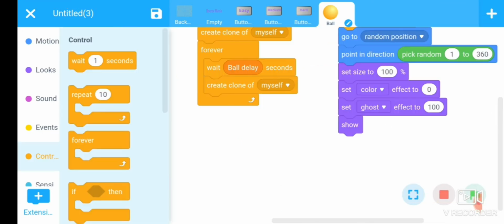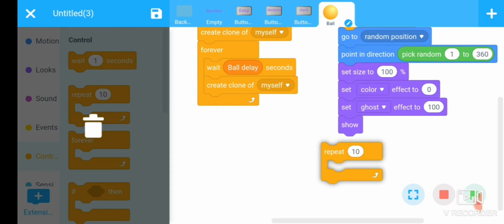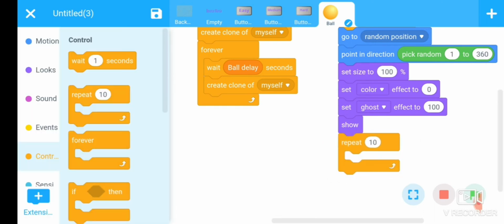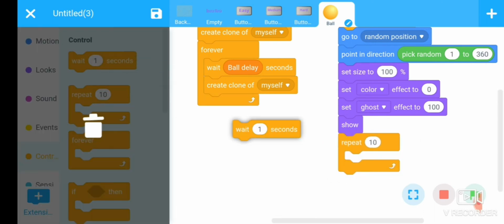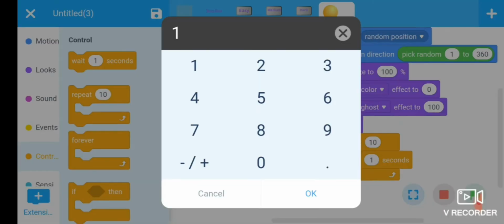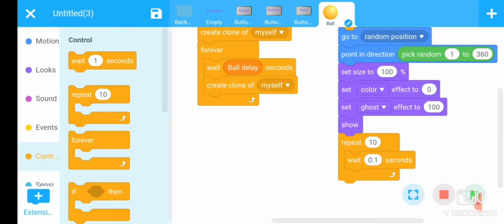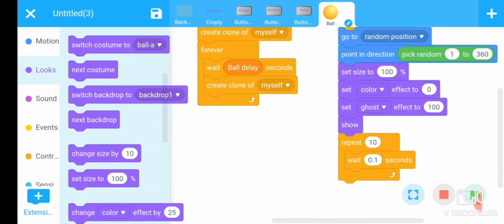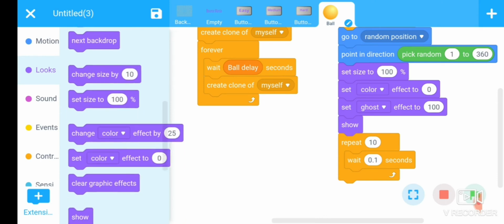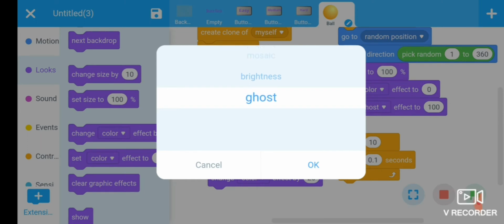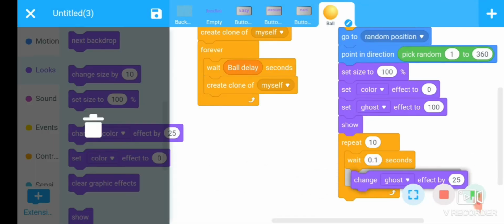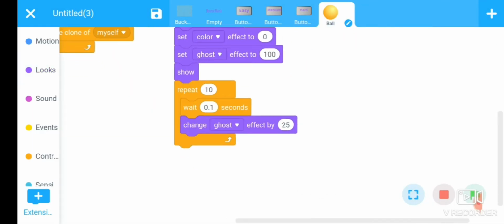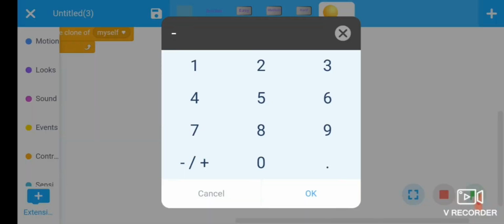Then go to the control section, use the repeat command here, repeat loop here. Also add a wait of 0.1 second and change the ghost effect by value -10.